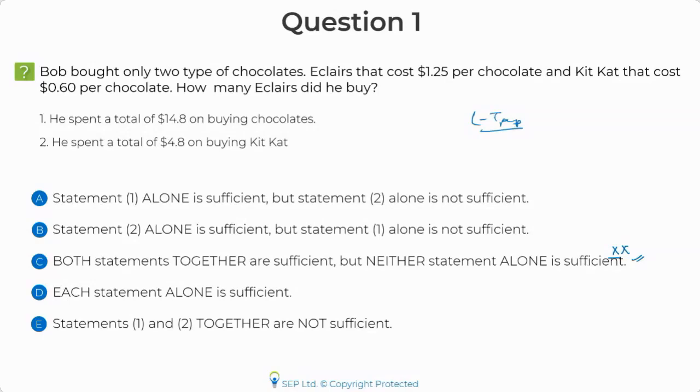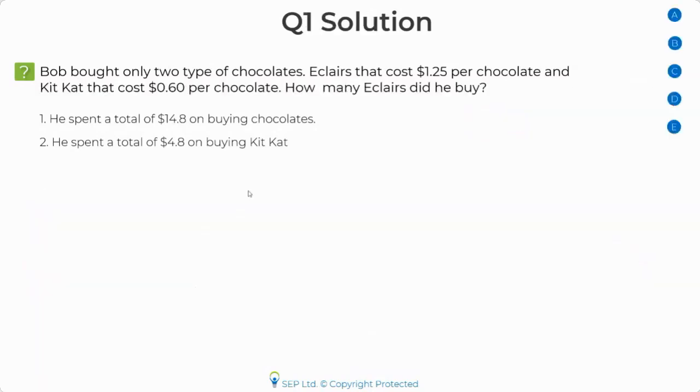For us, the difficulty level is close to 650. It might seem like a really easy question. Some of you might think, hey, this looks like a 550 level question. There's nothing to do. It's easy. Two variables, two equations. Let me get the answer. But unfortunately, that's not the case in this one. Let me tell you why.